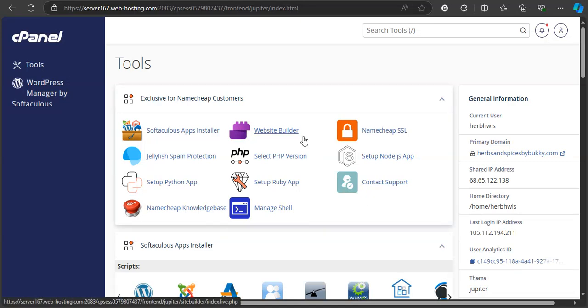Hello guys, in this video I'll be showing you how to create a database for installing your script. Before you install any script you need to have a database for it, and I'll be showing you an easy way of how to create a database for installing your script. But before you are able to do that,